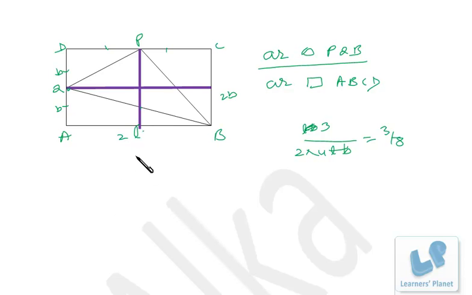Now you can even use the percentage method over here. For that you need to draw lines like this, right? After that just calculate the area. So this particular portion is 1/4 of the rectangle and this triangle will be further half of that, right? So in all it is half of 1/4, that means you can say it's 1 by 8,